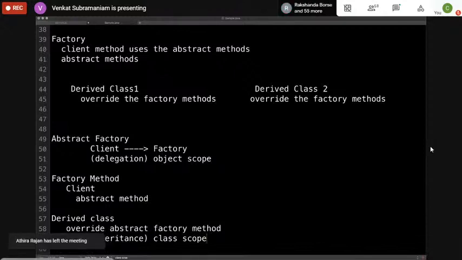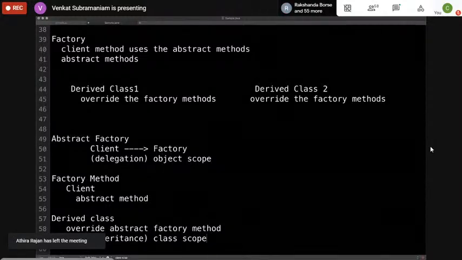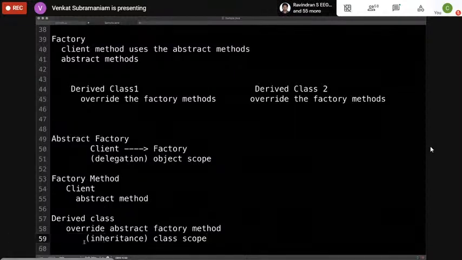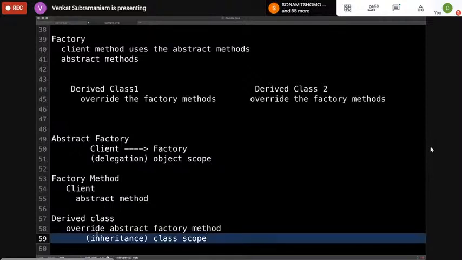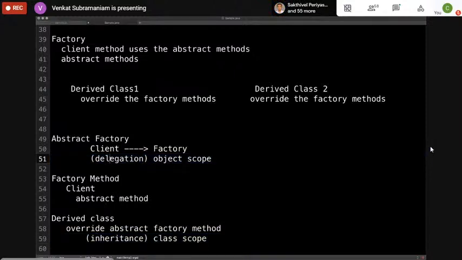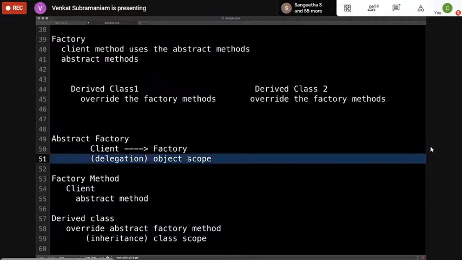So there's no relationship at all between those two in terms of where it fits in, because they're completely in different domains, so to use the word. So essentially, in the case of factory method, the factory method relies on derived classes. So it's a class-based scope. On the other hand, abstract factory depends on another object to provide the service. It's a delegation approach. It's an object scope.